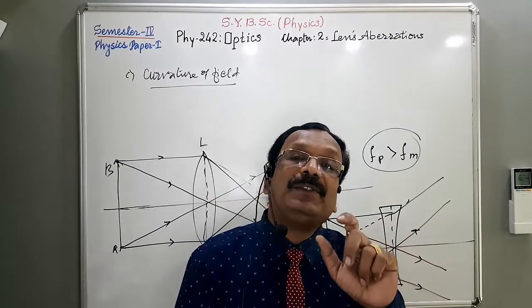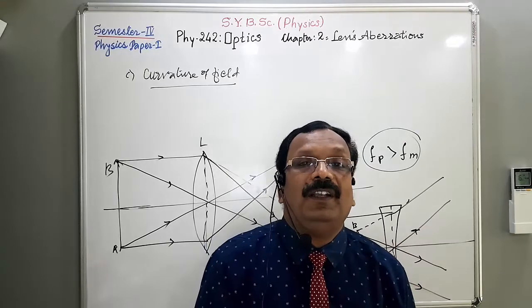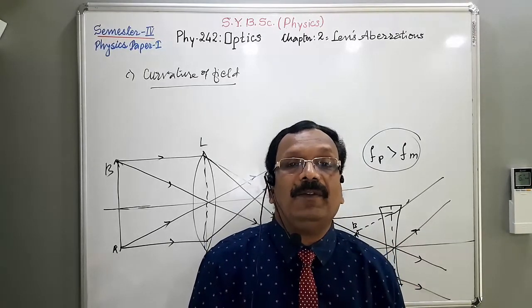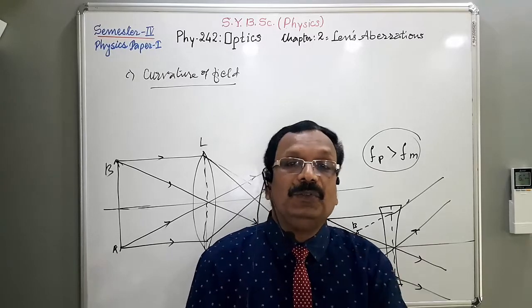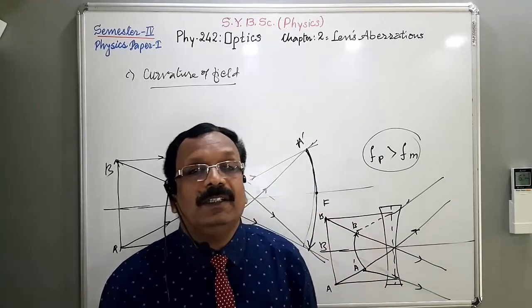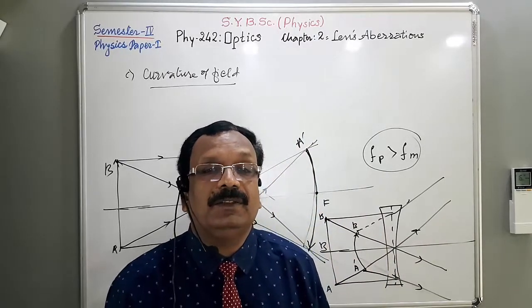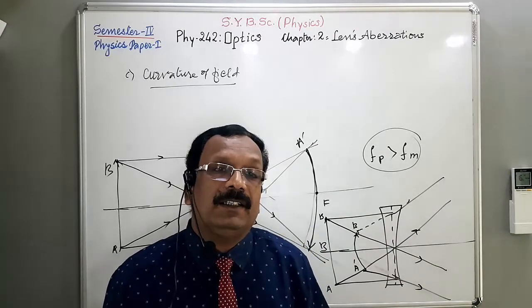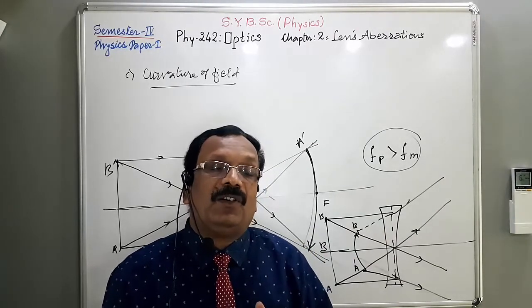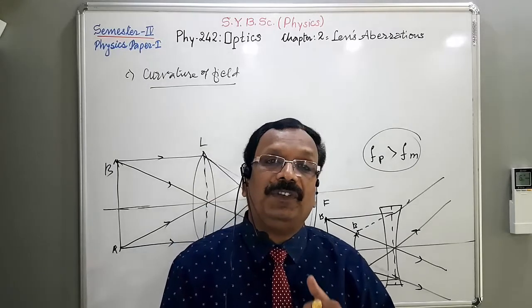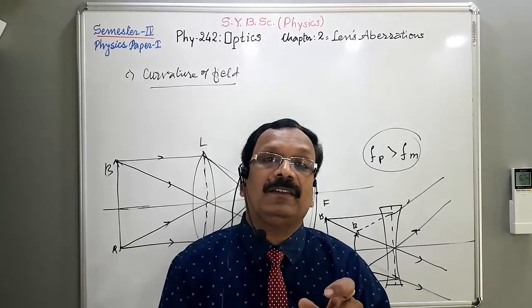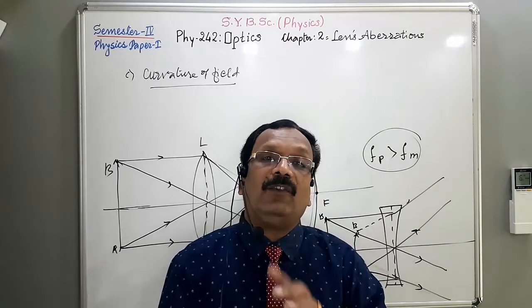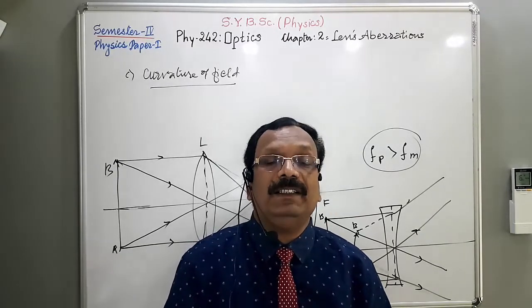So only one option is there. A suitable combination of convex lens and concave lens is used in order to reduce the curvature of field. The reduction of curvature of field by using a suitable combination of convex and concave lens will be studied in the next